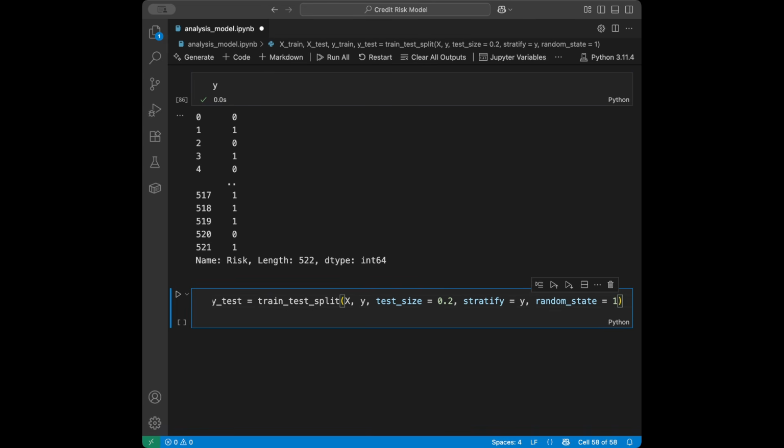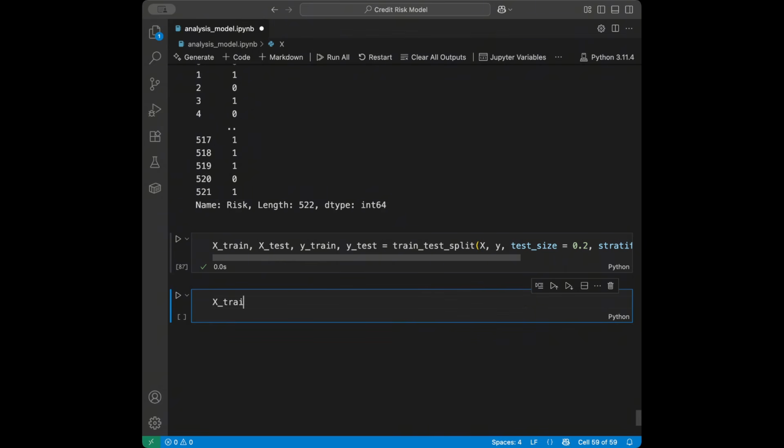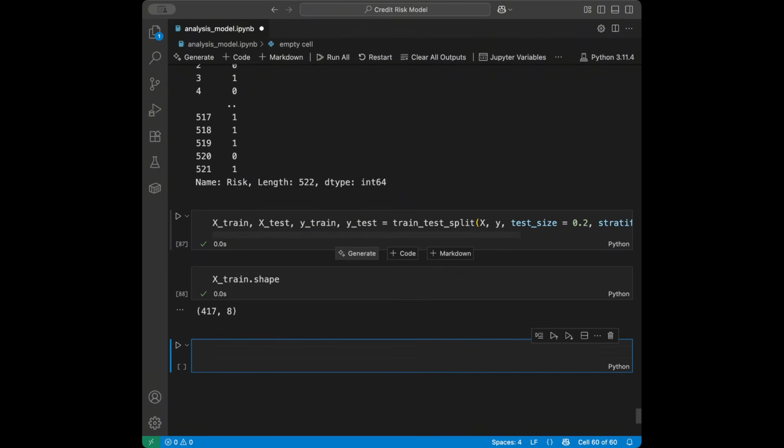if you don't put any kind of random state, we are not going to get the same result, because it can be split from anywhere in the dataset. And for all of the processes in this video that have randomness, I'm going to be adding random_state 1. So if you want to get the same results, you can also add that too. So here it is. Let's check X_train shape: 417 by 8, X_test shape